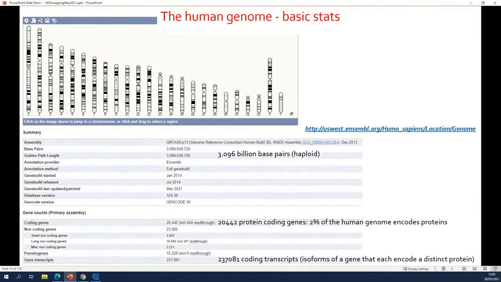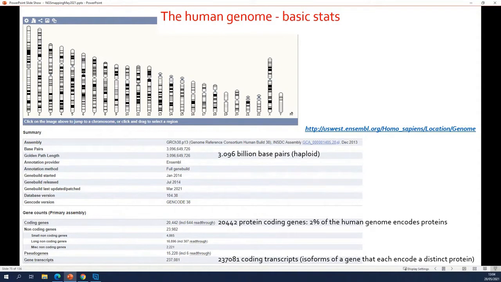So what do you map to? What is the reference? In most cases, not always, but in most cases, you're going to map to the genome sequence, so the full genome sequence. This is an example for the human genome. That's a pretty large thing to map to. In that genome sequence, there are, for human, 20,000 genes annotated, and they only make up 2% of the complete genome.